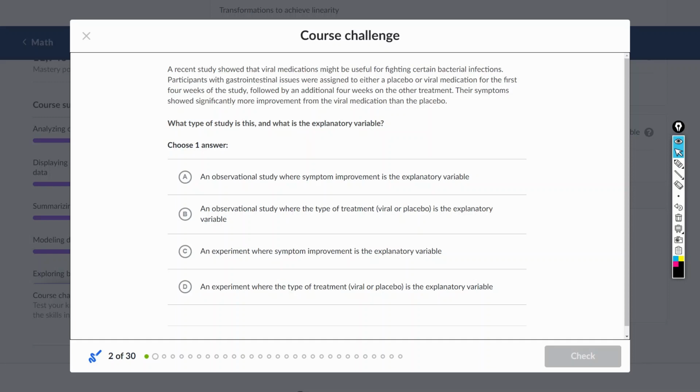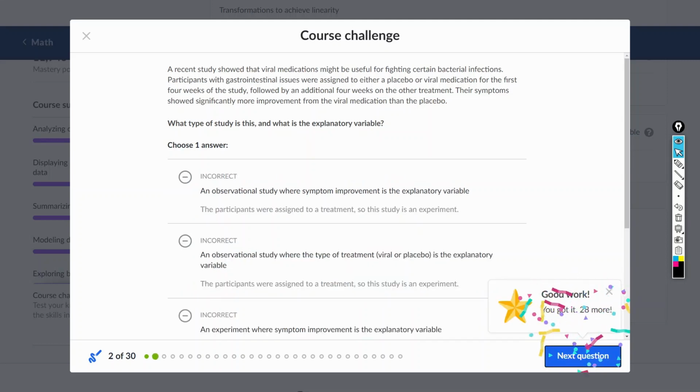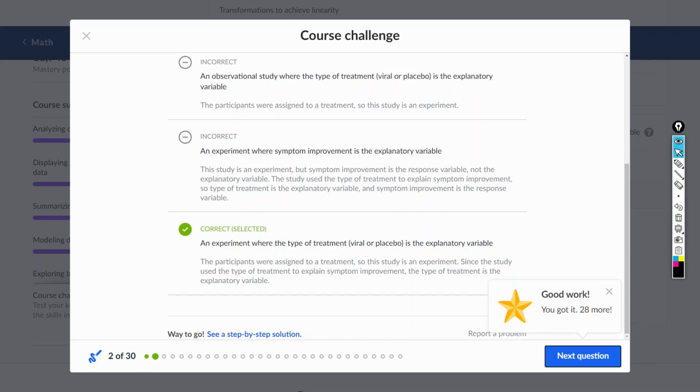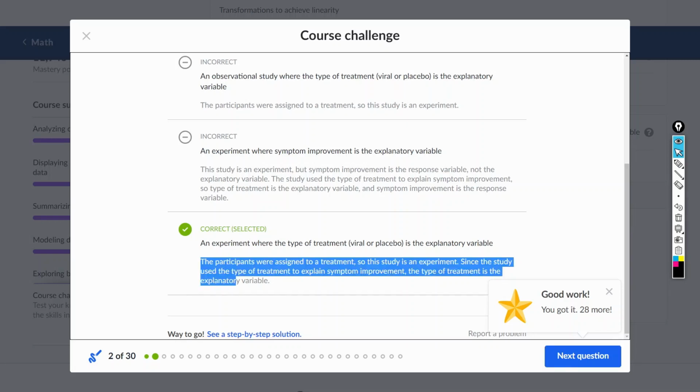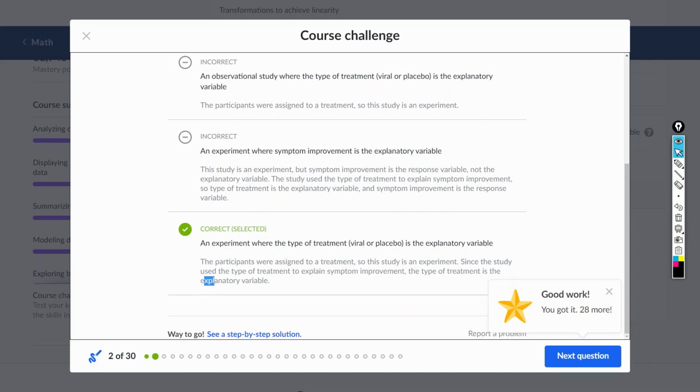What type of study is it, and what is the explanatory variable? 这个明显是 experiment，因为它分了2组，一组有 placebo，另一组是真的 treat 了。The type of treatment is the explanatory variable，解释性的 variable，你的 treatment 产生了效果，所以它是 explanatory variable。